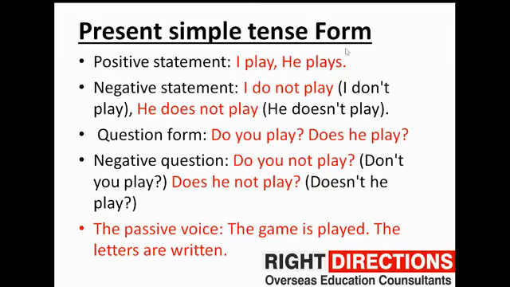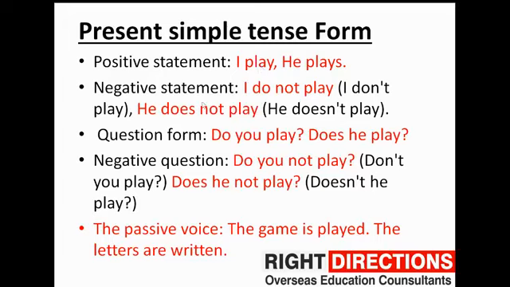Let's talk about the example. It will become more clear through the forms. For the positive statement or the assertive statement, I play. ठीक है, I play. Here I have not added the object, but you can write I play football, full stop. Or he plays football. With he or she, whatever the verb is, we are using s or es with it. Otherwise, with I, we, you and they, we won't be using s or es.